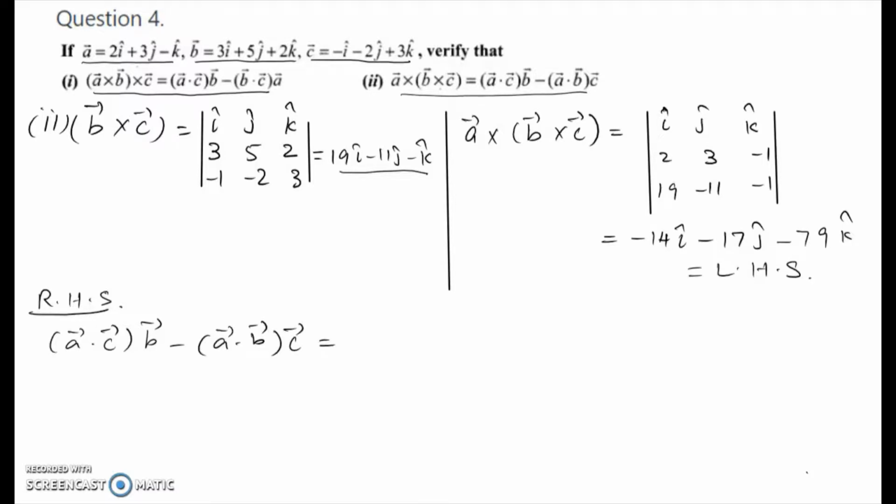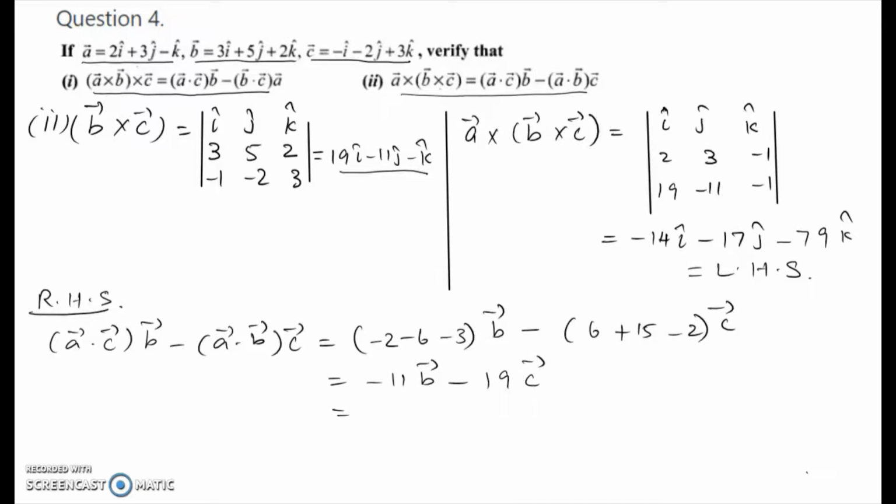Okay, so now first A dot product with C will be minus 2, minus 6, minus 3, vector B, minus 6 plus 15 minus 2, vector C. So this is nothing but minus 11 B vector minus 19 C vector. Now substituting the values of B and C, we get